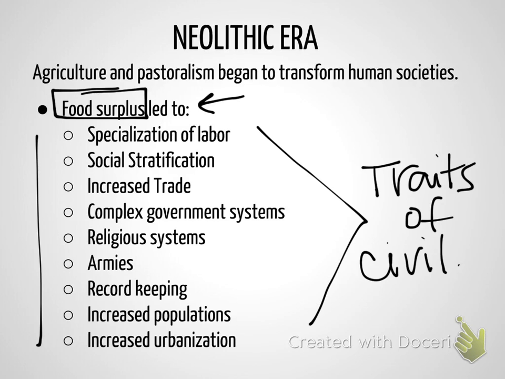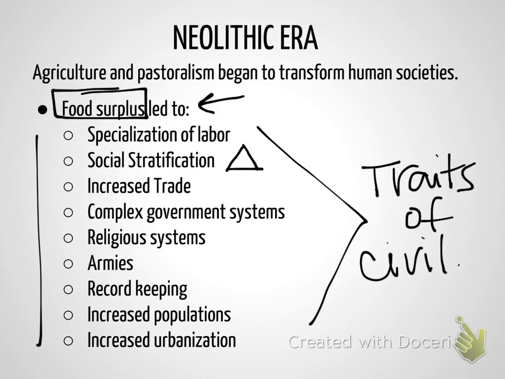Other people will become artists. Other people are going to trade different things. They're going to make different things, kind of our early craft industries, which the study guide says include textiles, pottery, and metallurgy, or working with metals. Social stratification is a fancy way to say that there's a social structure, that not everyone is equal, as we saw back in the Paleolithic era.